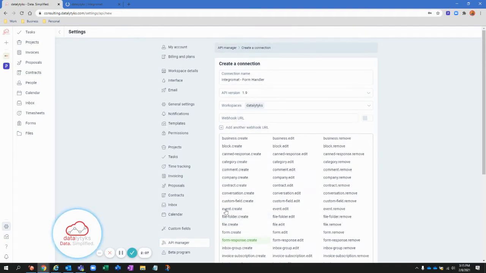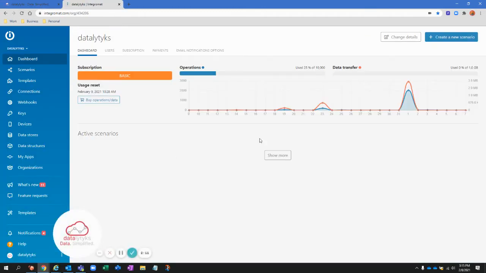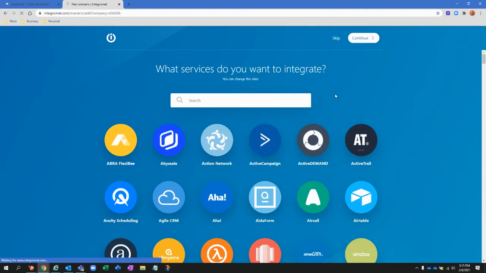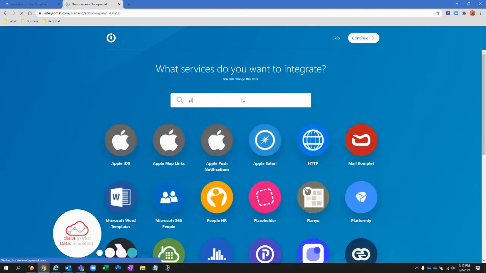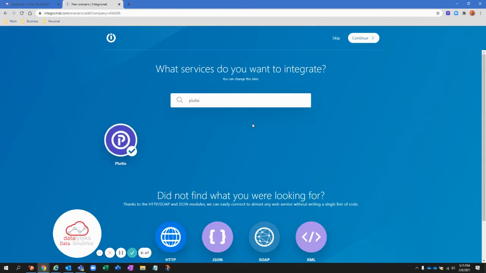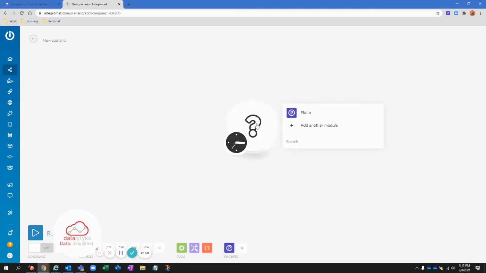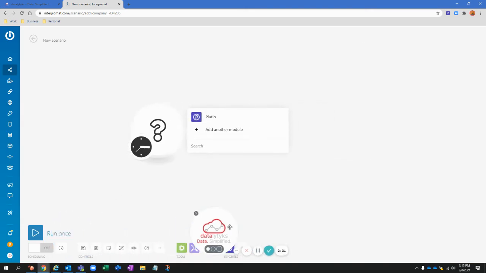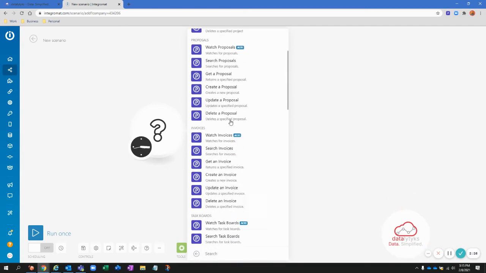Okay, so we've done that. Now what we're going to do is go back into Integromat, create a new scenario, select Plutio, and we only need the Plutio app for this entire operation. So select Plutio, scroll down,